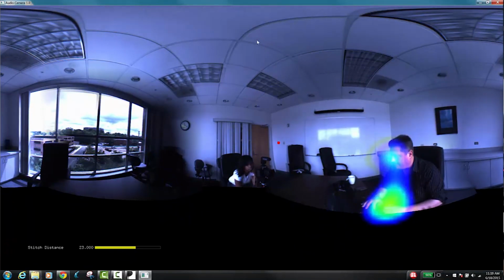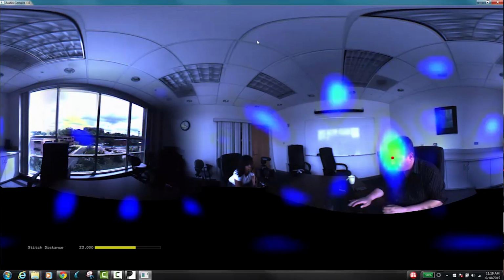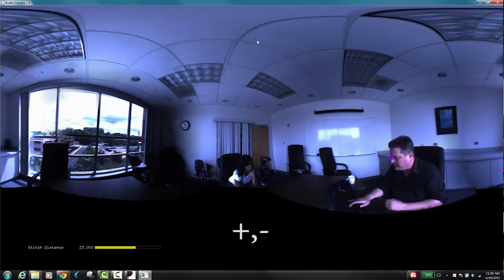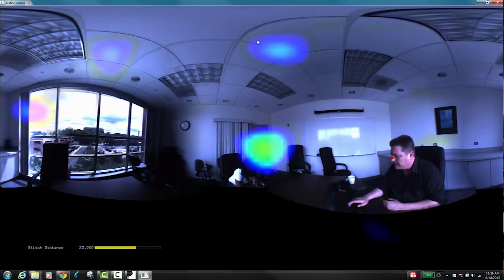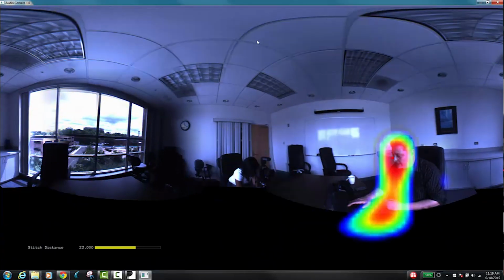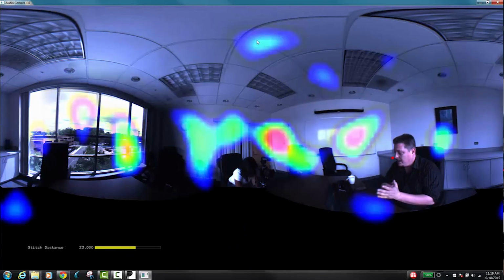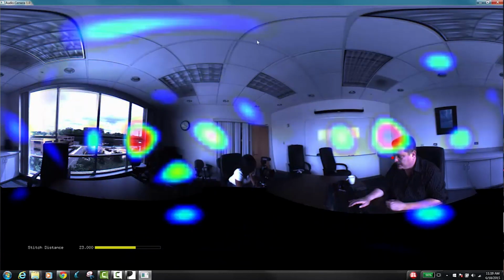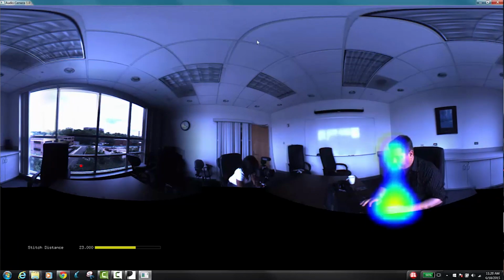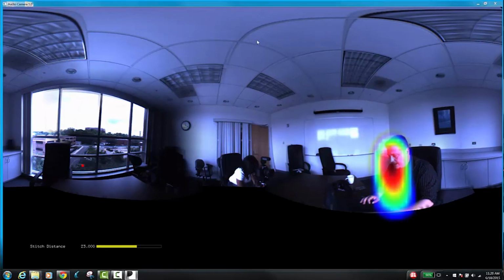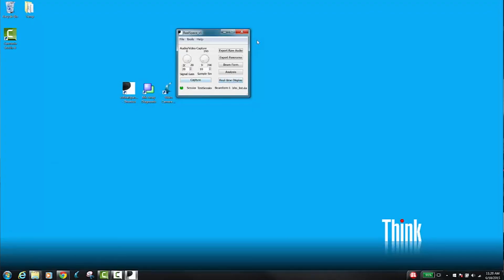We're doing some temporal averaging. We can adjust that by pressing the plus and minus keys. That'll effectively increase or decrease temporal averaging. When it's decreased, we'll see that the instantaneous acoustic image is being displayed. So usually we want to look at some form of temporal averaging just so that it's a little bit more interpretable. So once I've set a stitch distance, I can escape from this, and now any recordings I make will